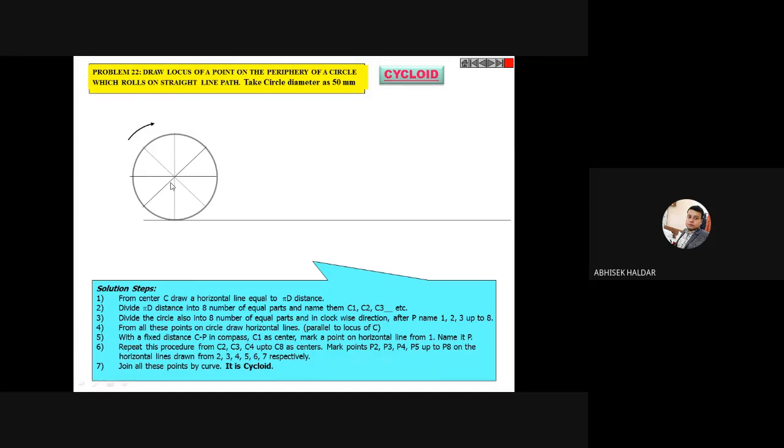If I divide into 12 equal parts, obviously my drawing will be a bit more complicated. Not complicated in the sense that all the steps will be the same, but there are more parts. When you divide the circle into more parts, you get more locus points to join the curve, and the more locus points you join, the more accurate your curve will be. That is the very simple funda. But the standard is 8. How to divide? I have to explain that.